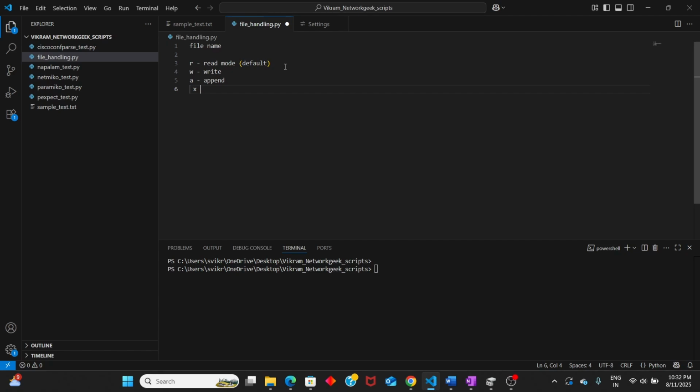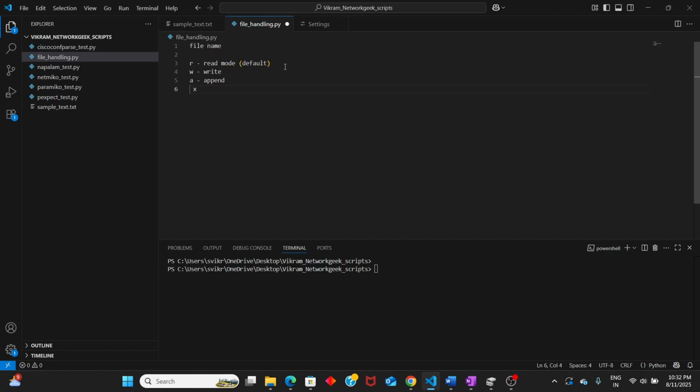Whatever contents are already there will be erased, and the new content will replace them. You might be working on confidential or very important documents, so make sure you don't